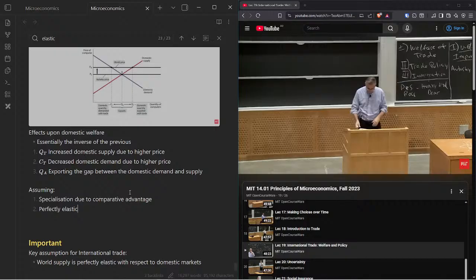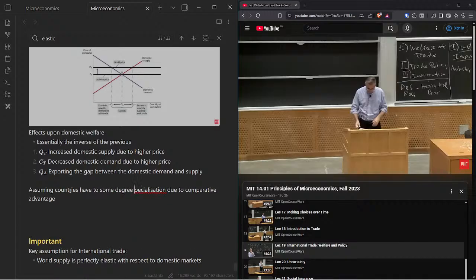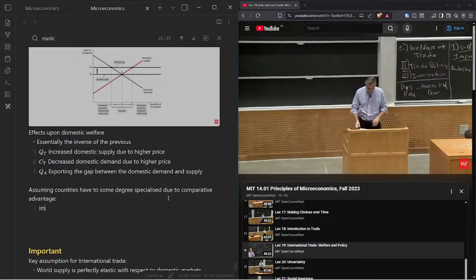Perfectly elastic, well, that's a previous assumption, which I should remember carries through. And well, one, imports